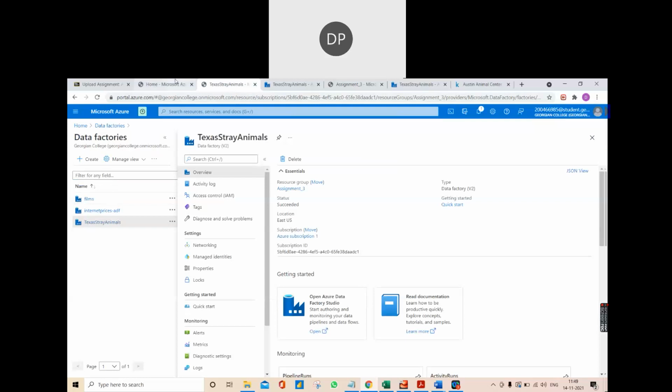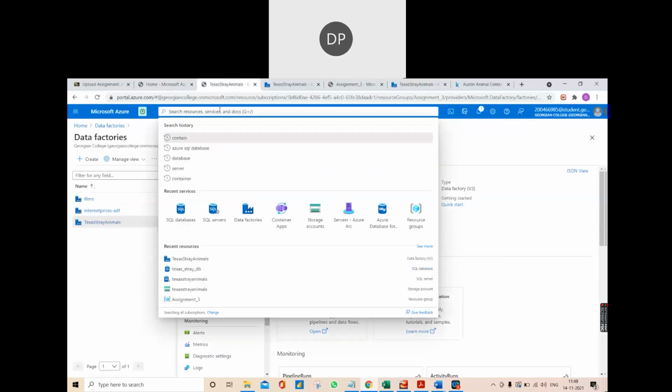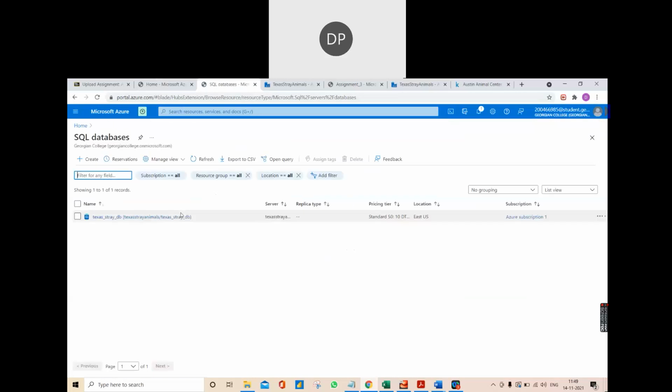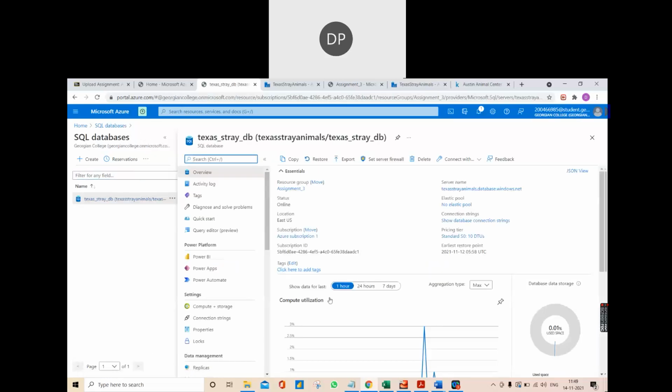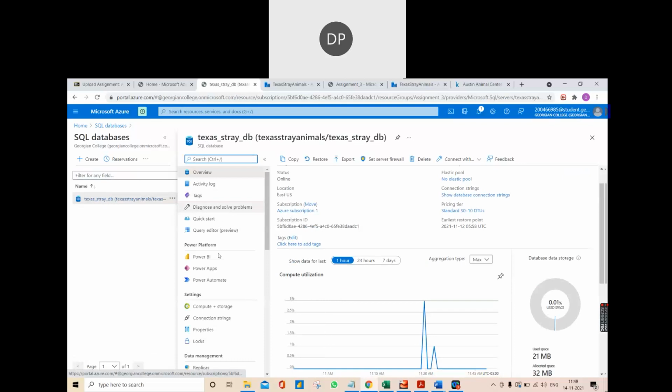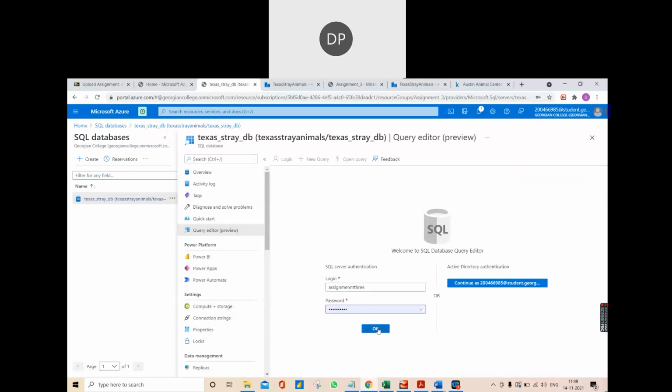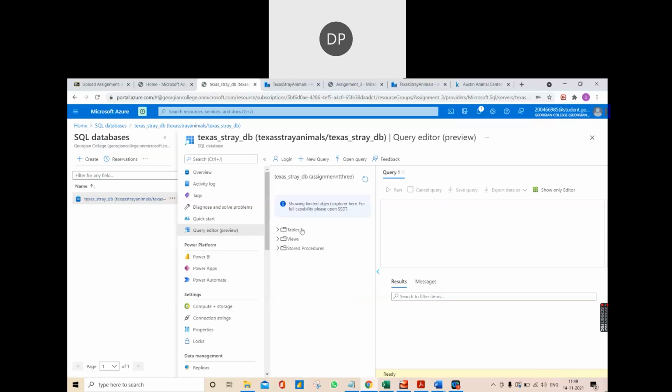First of all, I will take you through the database that we have created. The name of our database is Texas_stray_DB. Under this database, we have created a table. Now we'll log into it. The table name is dbo.texas stray animals.